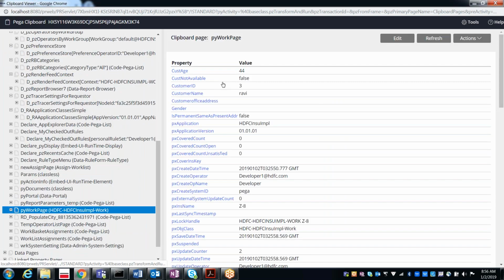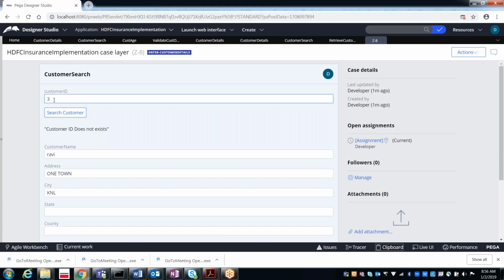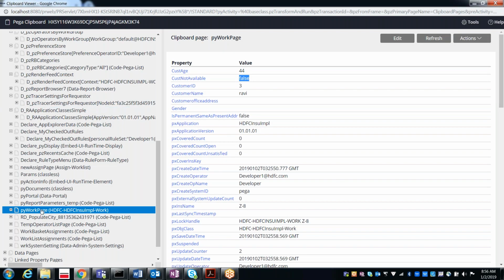You see, cust not available equal to false. In case it is 2 search customer. Okay, now refresh it.